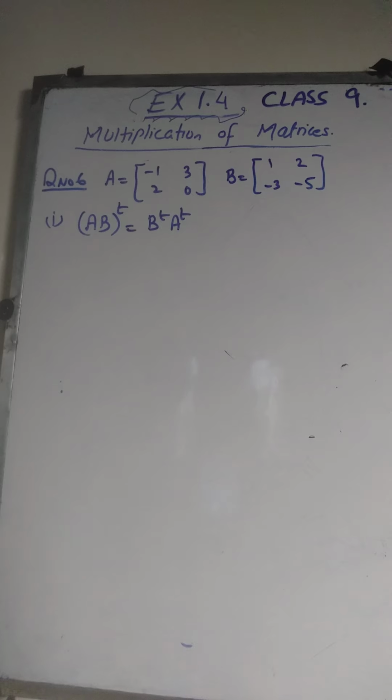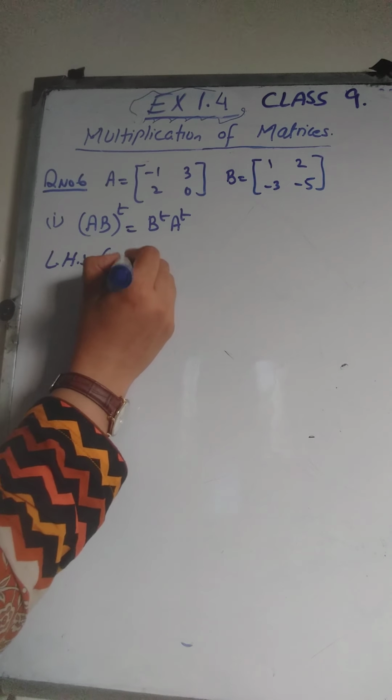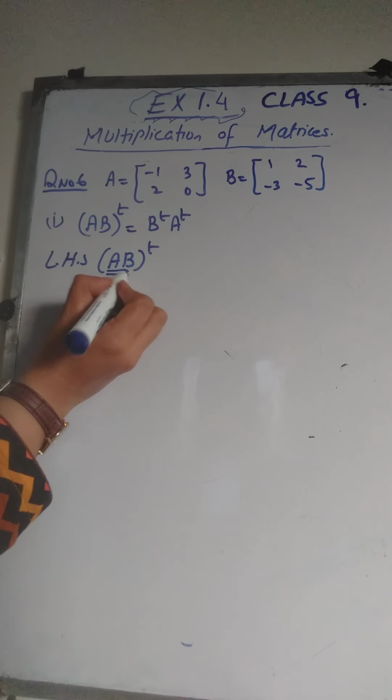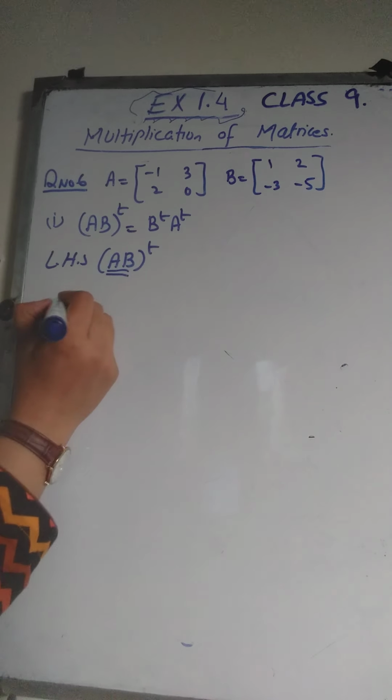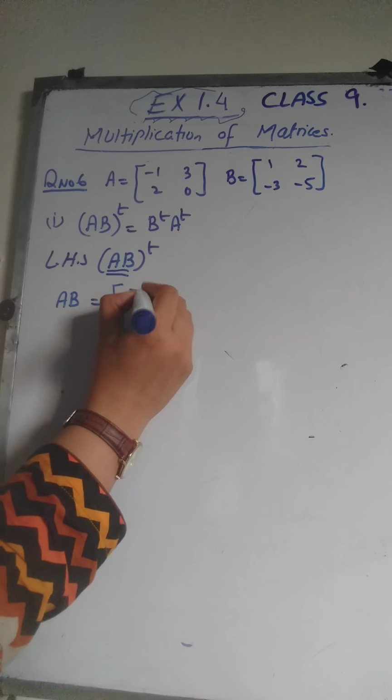So we have to prove that the left hand side is equal to the right hand side. In a similar way, we are going to take the left hand side, AB whole transpose. Here we are going to multiply AB first and then take its transpose. So first, multiplying A with B,